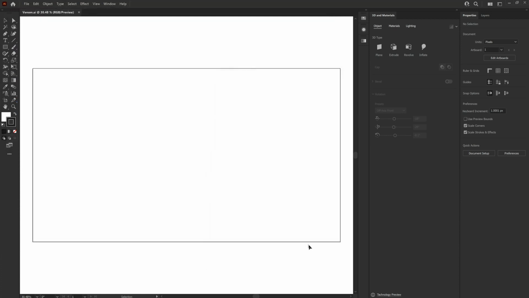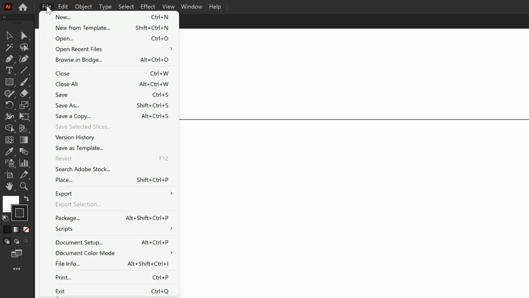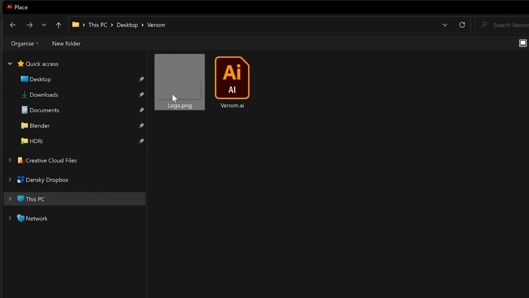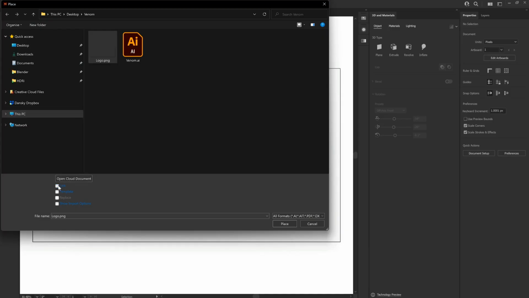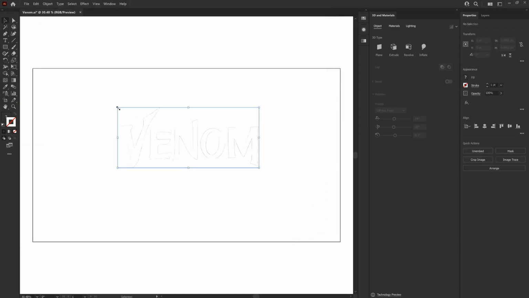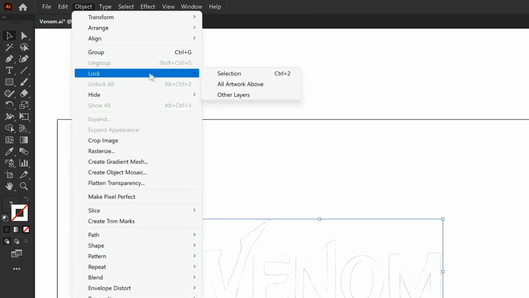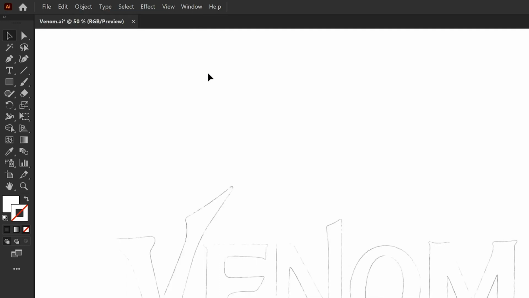And now I can import a sketch of the logo by going to File, and down to Place. And you can see the PNG file here. Let's click this, uncheck Link, and then click Place. We can then single left click to place this in the document, and I'm going to position this in the center. Just to make sure I don't move it by mistake, I'm going to go to Object, Lock and Selection,